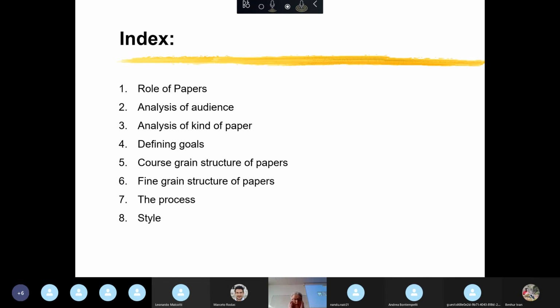Now, today I'm going just to concentrate on the first part of the presentation, up to pretty much defining goals. So writing a paper is actually fundamental. Writing a paper is actually quite a complex